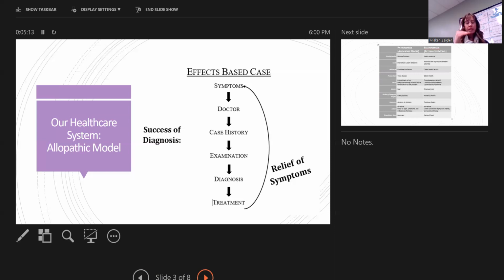But they'll do an examination. They'll probably do some palpation, measure any temperature changes. They'll do some orthopedic exams to really pinpoint what level the sciatic pain is coming from. They may do some motor or muscle testing, neurological testing in terms of your reflexes and sensory. Is it impacting the skin? Are you getting numbness and tingling? And then they'll come up with a diagnosis, and they'll say, you have sciatica.